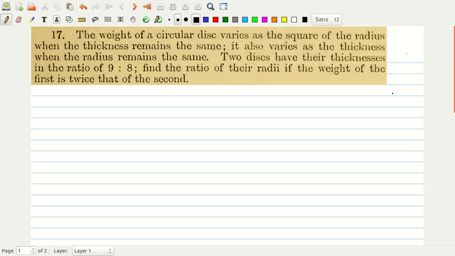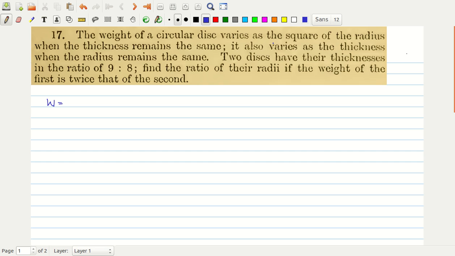In this video, we will solve problem number 17 and problem number 18 from Hall and Knight Higher Algebra, Chapter 3. Let us first look at problem number 17. The weight of a circular disc varies as the square of the radius when the thickness remains the same. It also varies as the thickness when the radius remains the same. So, what they are telling you here is that the weight of the disc